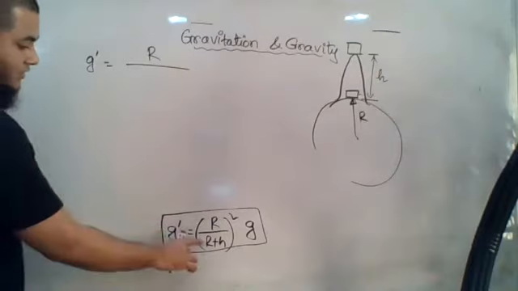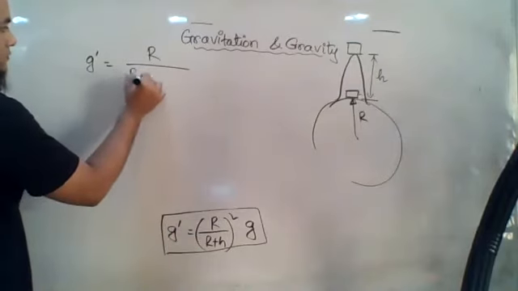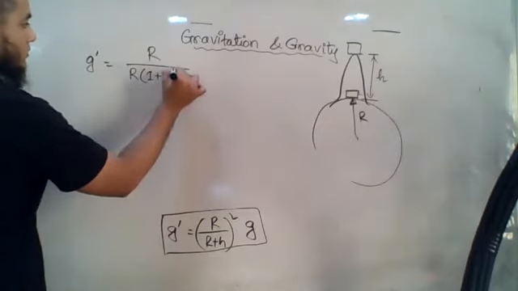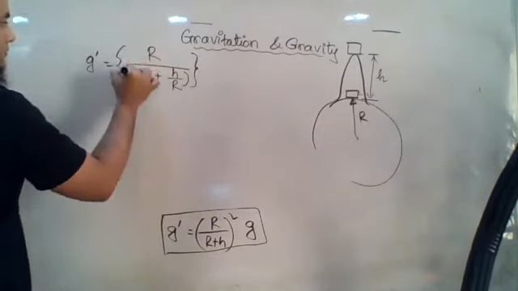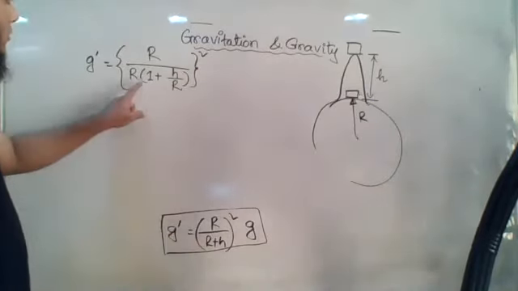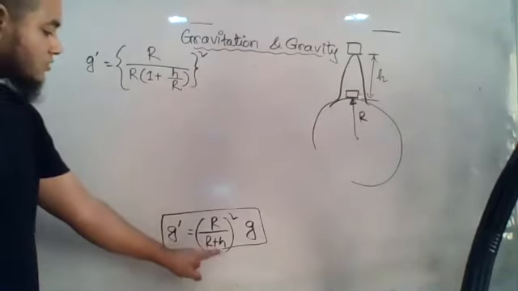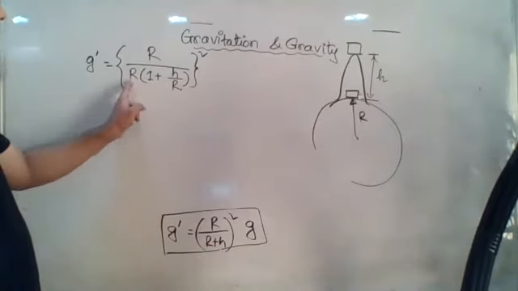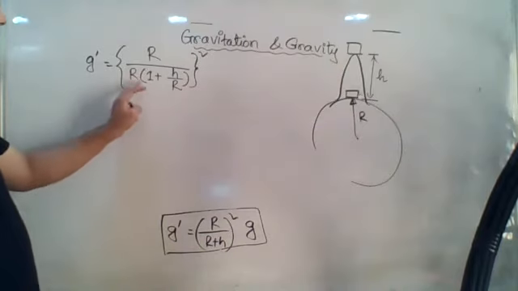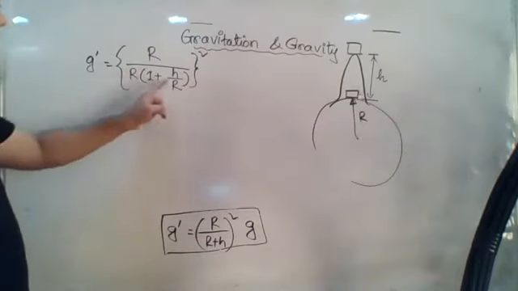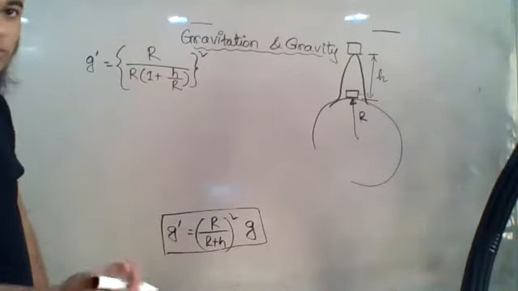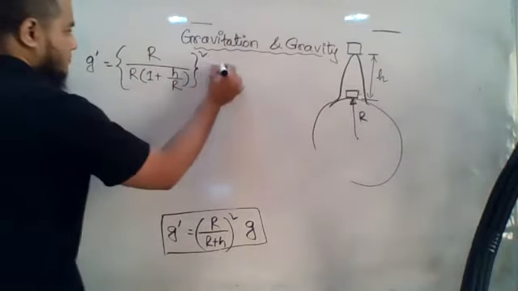R is there. If I take r common, then this will become 1 plus h by r. Do you understand it? Yes. I have taken r common. So here 1 will be left and there is no r. So to balance this r, we have to multiply an r, so that when we multiply it back, r into 1 will be r. R into h by r, r and r will get cancelled and it will become h again. So I have balanced it, right?